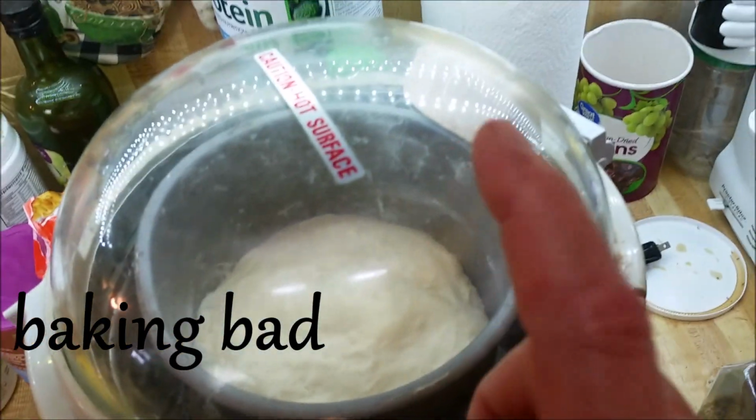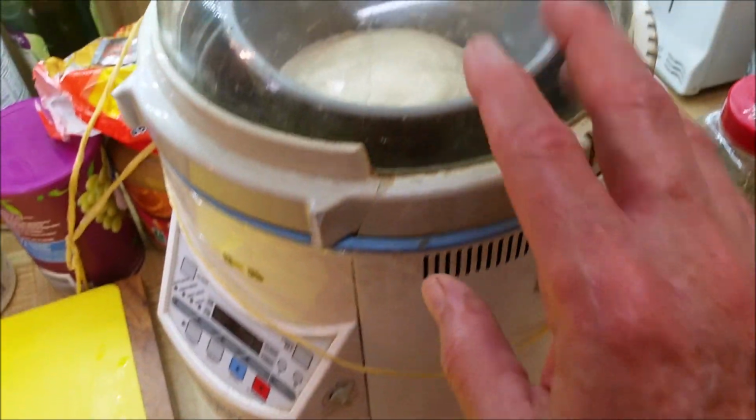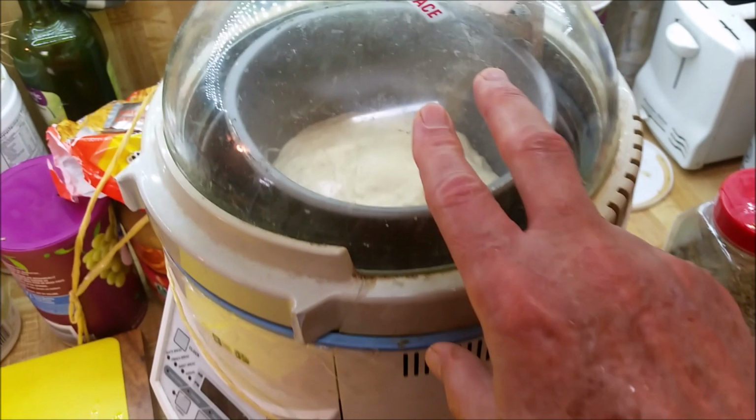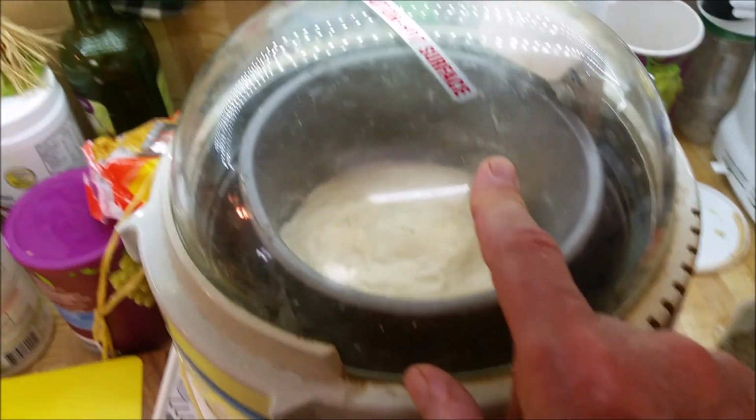My bread machine stopped working. It mixed fine, but when it came time to heat and bake, it didn't bake. So it was sitting there all night. This happened twice now. So what I'm going to do is save this dough and just see if I can